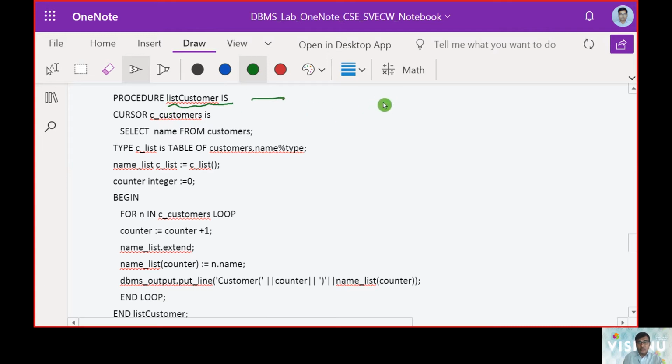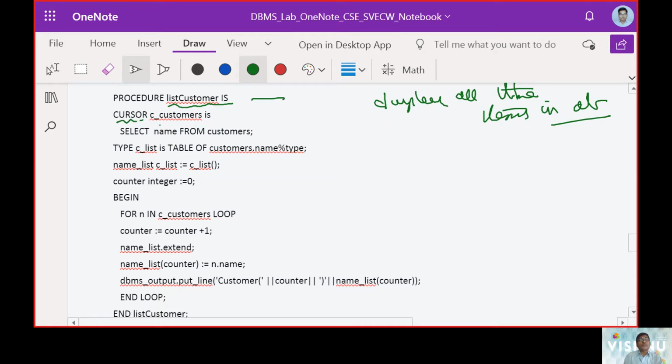Next one was listing of a customer. That is, it wants to display all the items in the database. So we will call it list customer. It is as simple as that. It is now implementing with a cursor here.